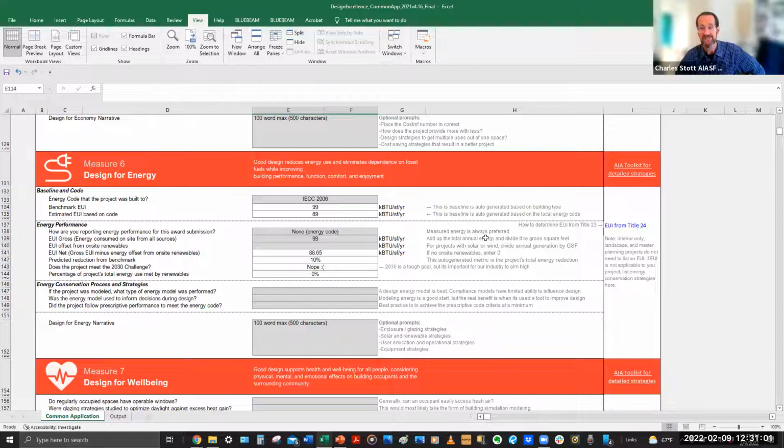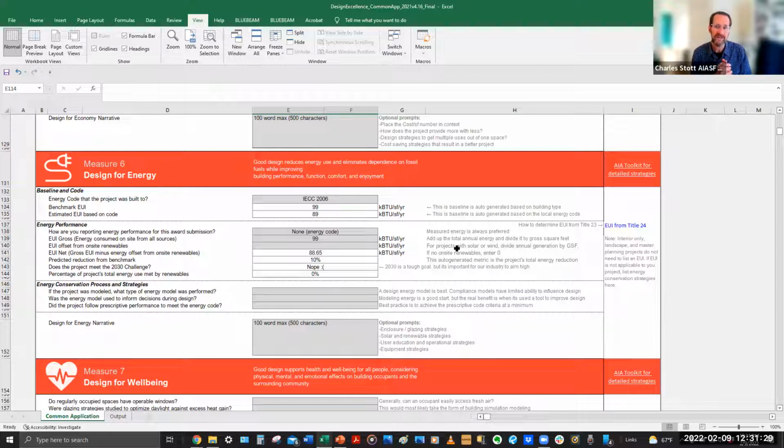Basically, the lower it is, the better it is. It's compared against a baseline, which came from the values you put at the top for your building type and the date of your permit. If it was 2020, it's going to be a different set of benchmark values than if it was 2018.